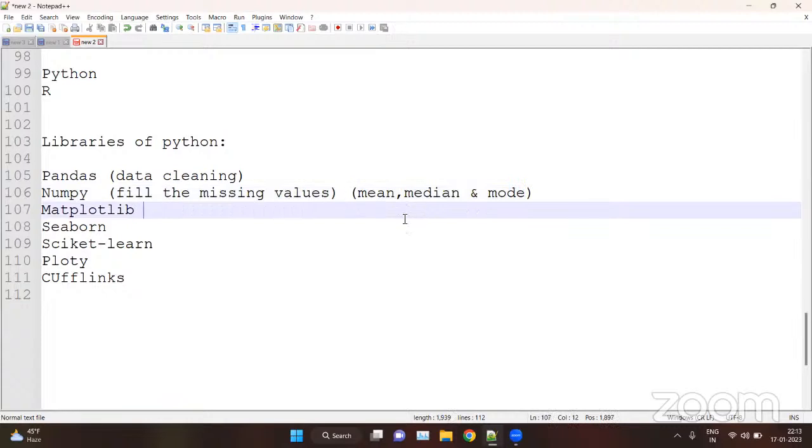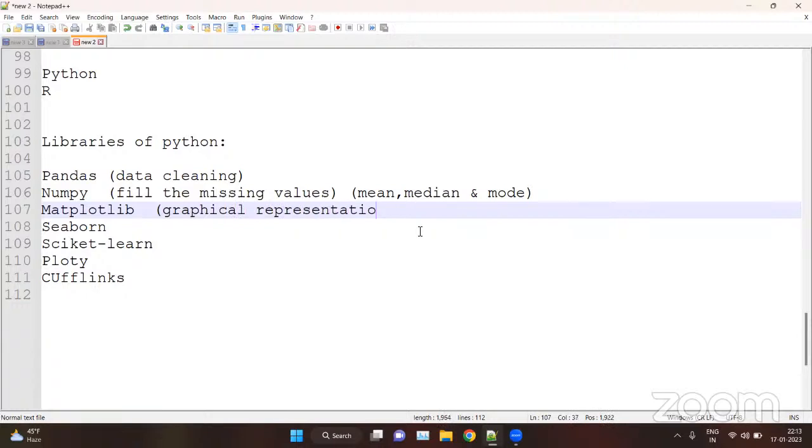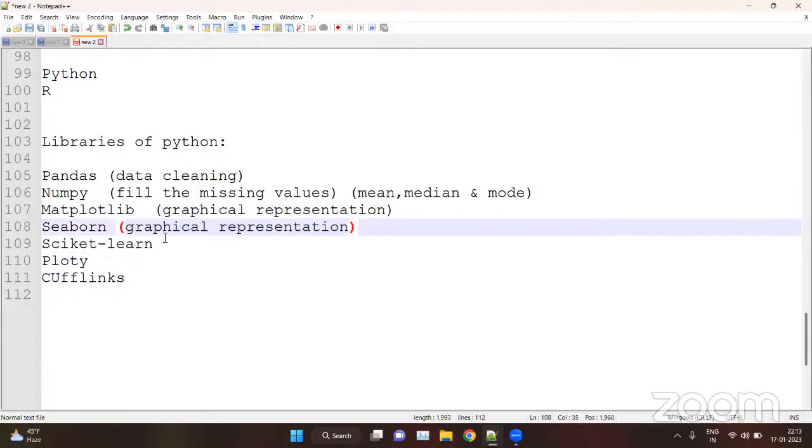Then Matplotlib is used for the data, or we can say graphical representation. Now, scikit-learn is used for ML.